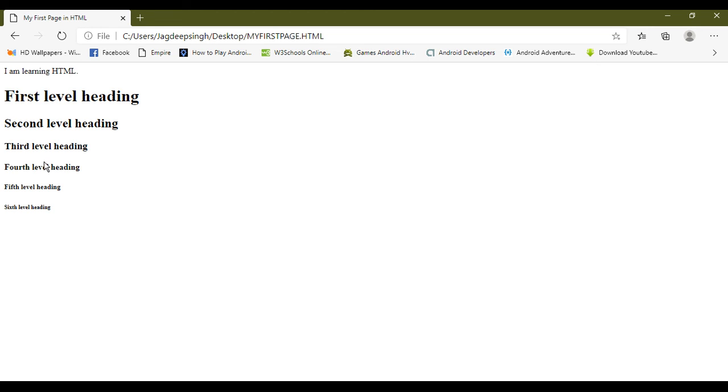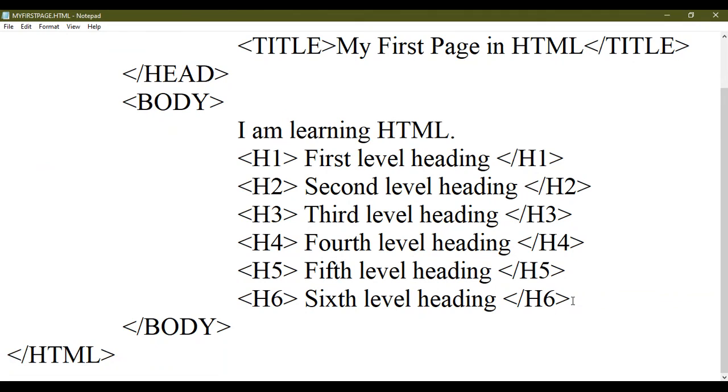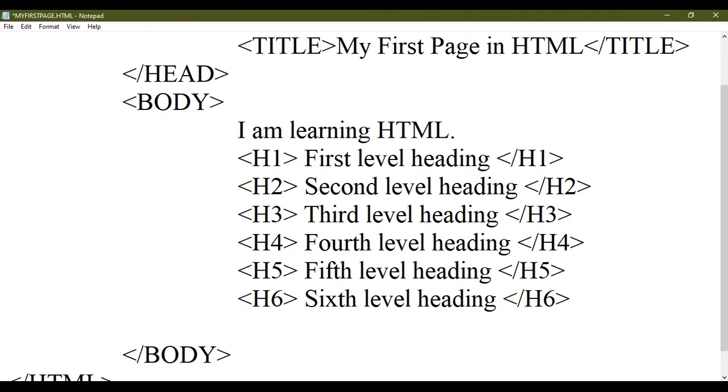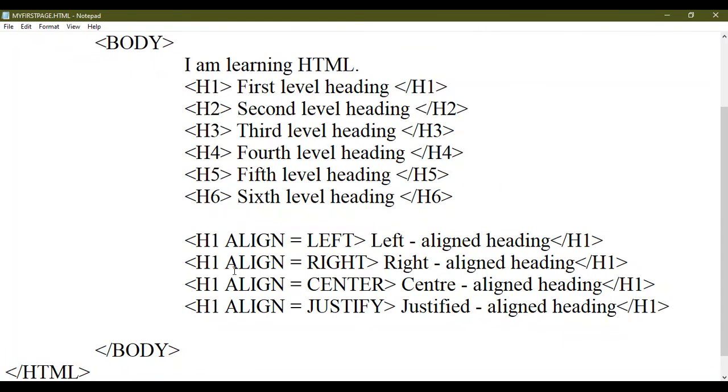Open your web page in the text editor. Now here you can type the content with the align attribute of heading. After writing your code with the heading tag with the 4 different types of alignment, left, right, center and justify, save your web page.